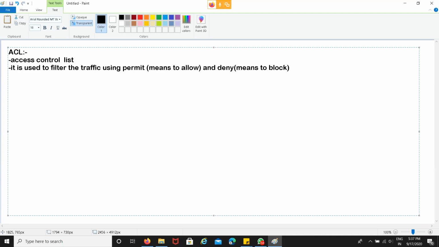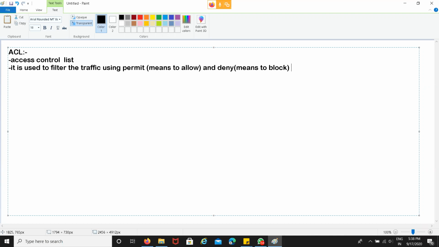So ACL is a specific concept which is used to filter the traffic. Like if you have a network in your office or in your company or in your house, whenever you are using the internet, all the traffic should not be permitted to your network. Not all traffic is necessary to access that. So to filter that traffic, we allow the traffic which is relevant to me and block the traffic which is not relevant to me.